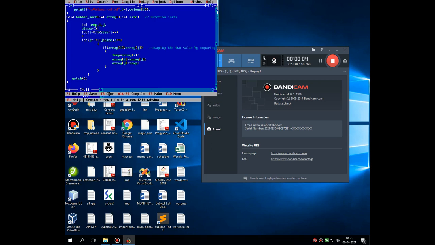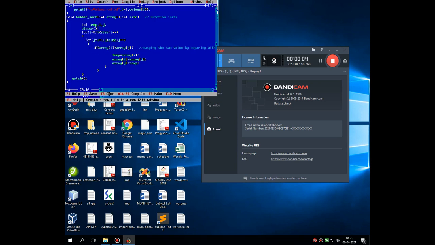So the parent loop is for i equals 0, i less than size, i plus plus, opening bracket and the relevant closing bracket. Inside that there is another for loop, which is called the child for loop. In this for loop there is an initialization called j equals i plus 1, which actually selects the second number. j less than size means it repeats less than 5 times. j plus plus increments the value every time for selecting the next value.